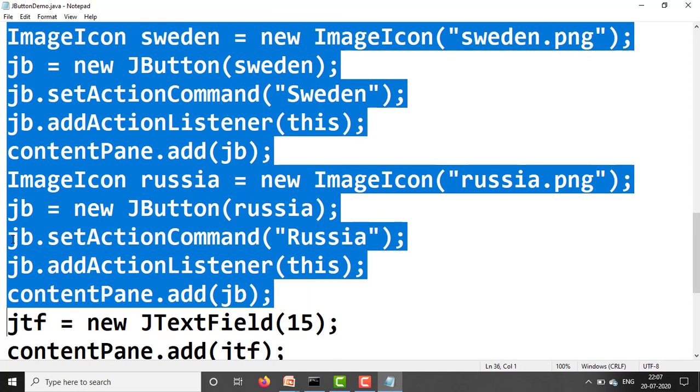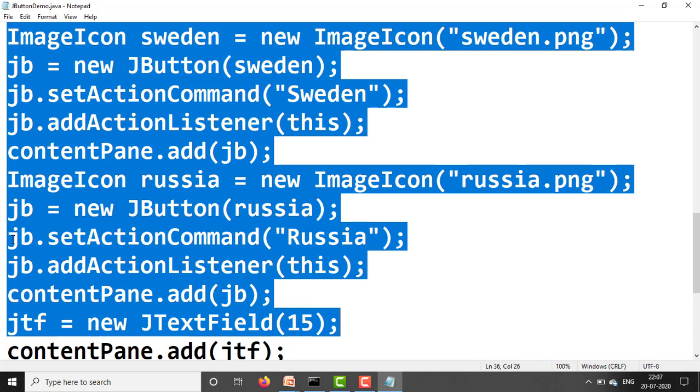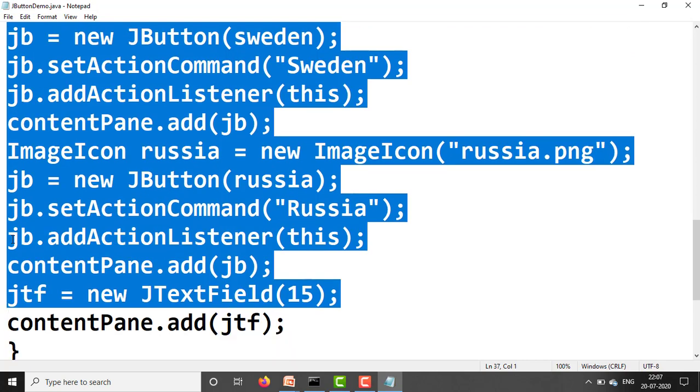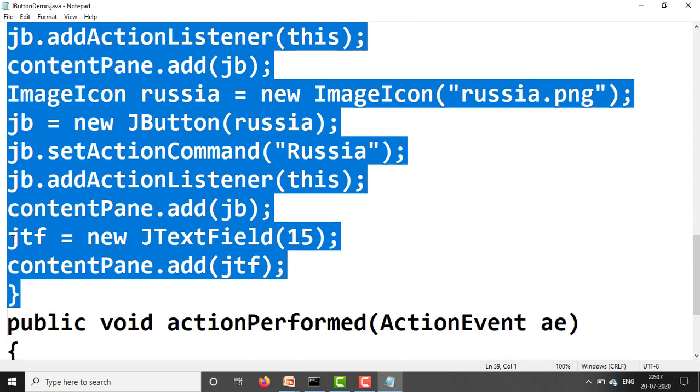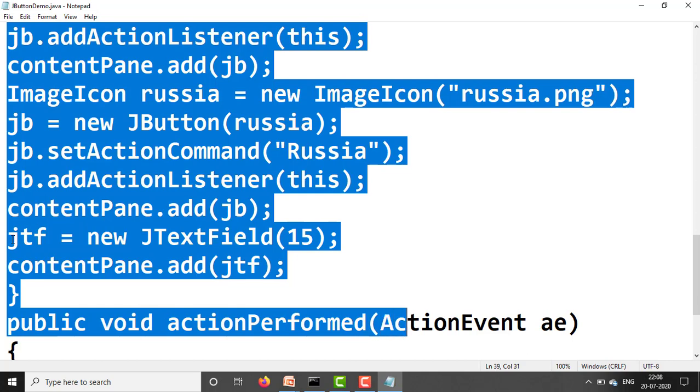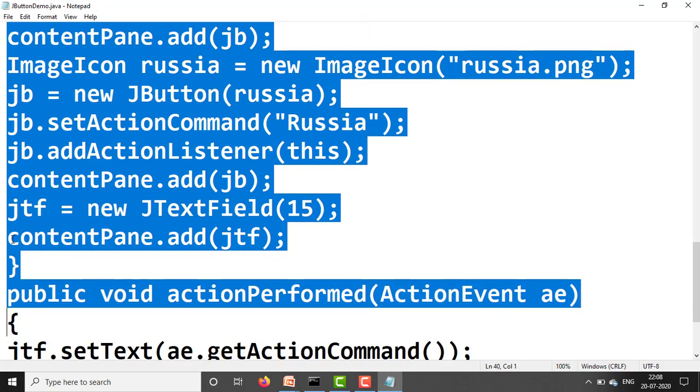Now initialize the JTextField. JTF equal to new JTextField(15) columns, then contentPane.add(JTF). Here close the init method. Whenever we are dealing with buttons, they generate the action event. So here we use the actionPerformed method: public void actionPerformed(ActionEvent AE).